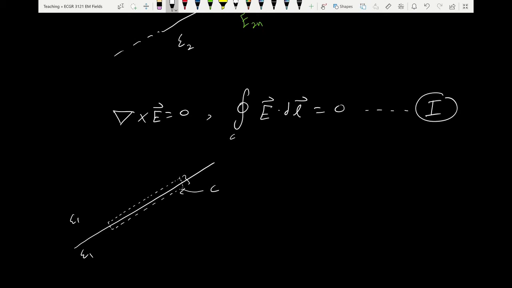Okay, so the idea now is that if this is E1t, and this is E2t, I'm assuming that